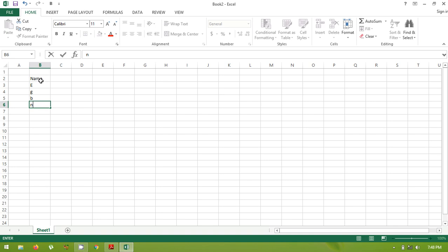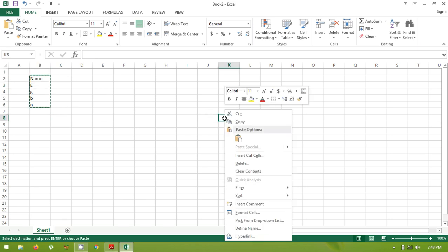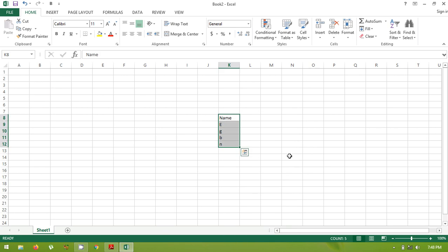let's start with the cut option. Select it, select how much you want to move. Then here is the cut option in the Home tab. Click on that, or you can press Ctrl plus X. And the third method is to right click on it and choose the cut option. Now I want to paste it here. Right click on it and choose the paste option, or you can press Ctrl plus V as well. So this is how you can move the data, or cut and paste.